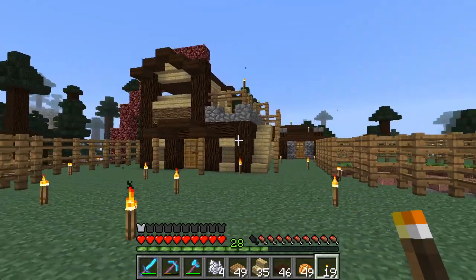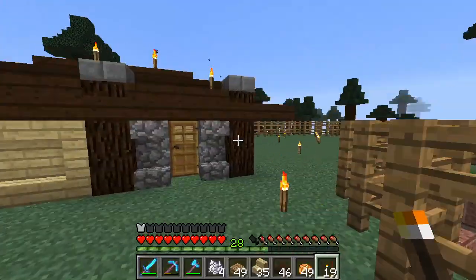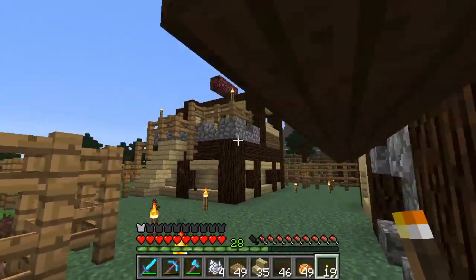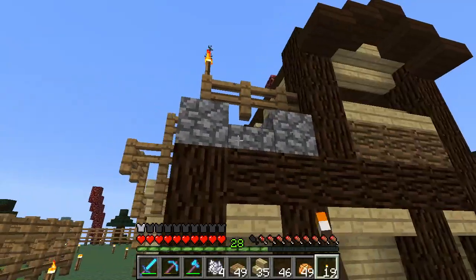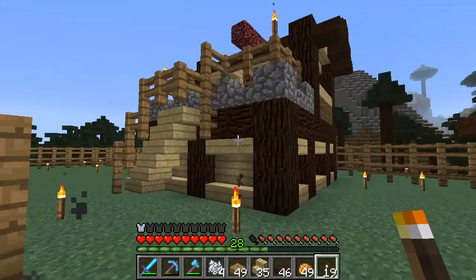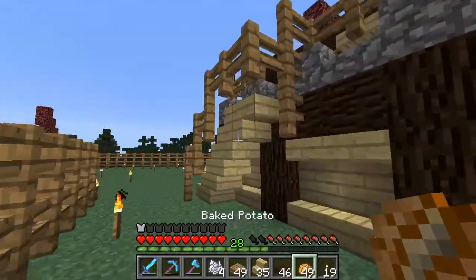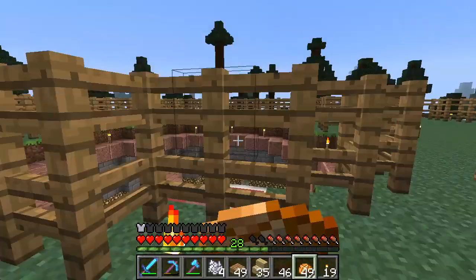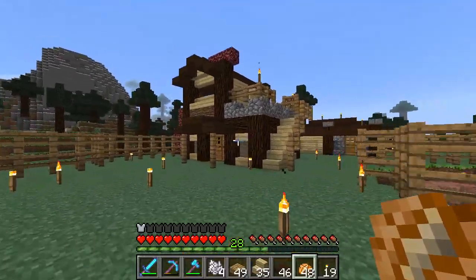Is it interesting? Is there too much color? There might be too many colors on it. Yeah, that might need to go. The oak logs might need to go. The cobblestone might need to go. Let me know what you think, because it might need to be redone. Yeah, in 2 episodes,